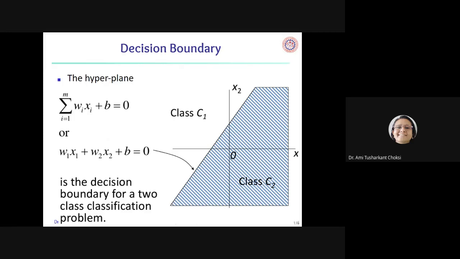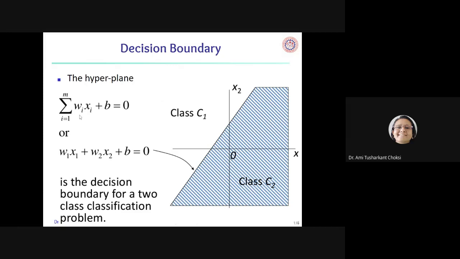It may be the case that we have, say, class 1, class 2, class 3, class 4 in such a way that through a line or through a hyperplane, we are not able to divide them. Then those classes are said to be not linearly separable. For linearly separable classes, this is a boundary. This is a hyperplane or a line, the decision boundary, which clearly separates class 1 and class 2.